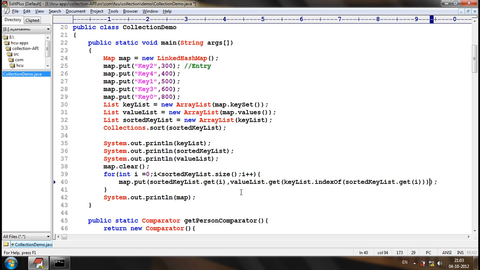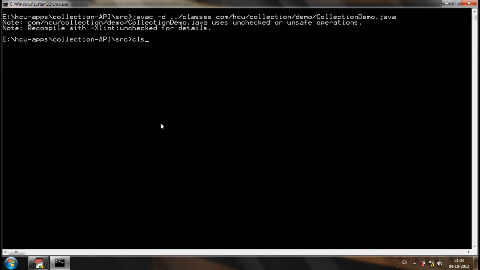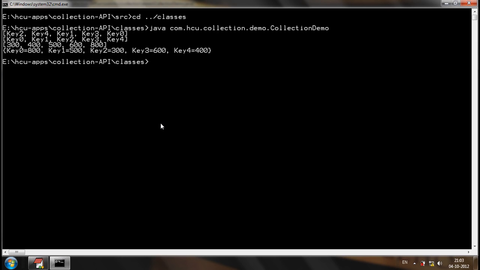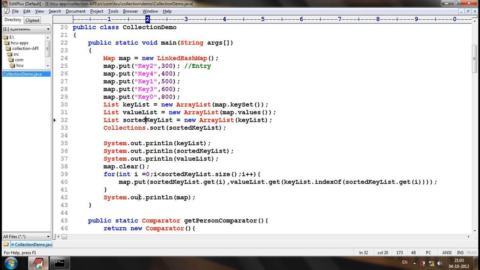Over. Now, if you want to sort the elements based on the values, what we can do is, just let me execute this. So 0, 1, 2, 3, 4. The elements of the map are sorted in the ascending order of the keys. Now, if you want to sort the elements in the ascending order of the values, let me